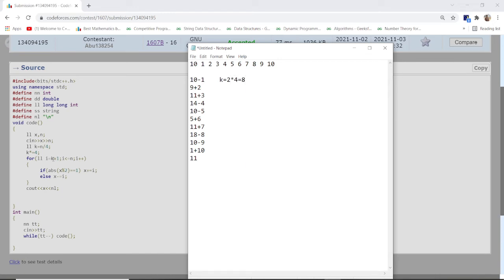Now I started the for loop from k plus 1. That means I started the for loop from 9, and I ran it to 10. That means I extract the above 8 operation and then I only operate the 9 and 10 jump, and after that